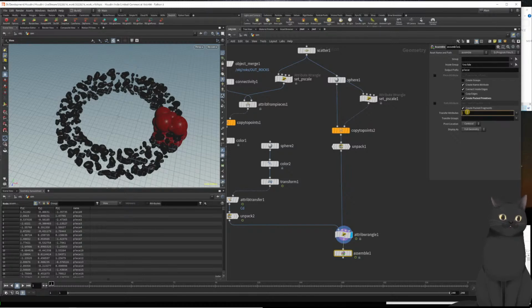To pack that for our RBD simulation. So I'm using assemble node and I'm transferring attributes P scale and M scale. And M scale is used further to animate the scale of the rocks and prevent any overlaps. And to be